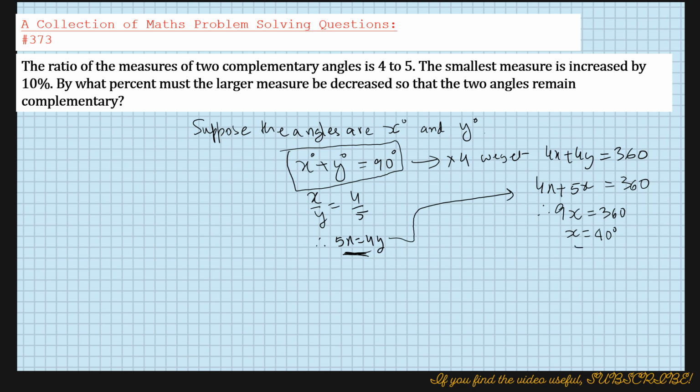So if x is 40 degrees, we can find what y will be. Of course, y will be 50 degrees. So the smallest of the angles is 40 degrees, and